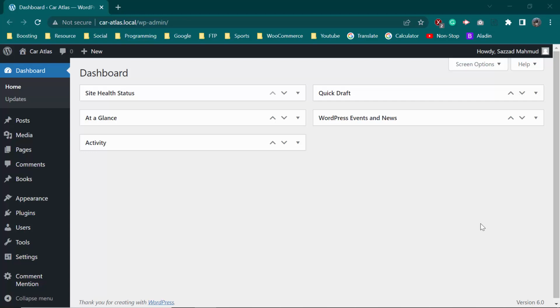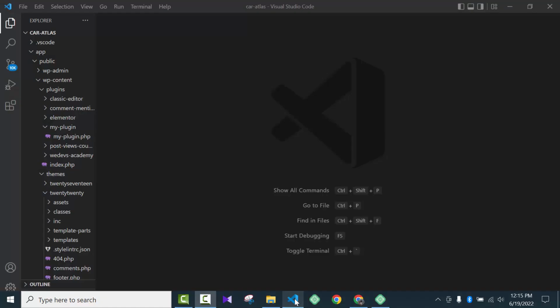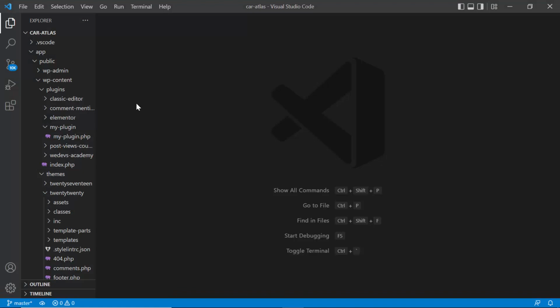In this video, we are gonna talk about how we can create a theme in our WordPress website. And so for that, you need to go to the basic setup in style.css file. And a lot of people asked me how to create a theme in initial phase of any website. So for that, you need to go to VS Code editor and open your project, and here you can see